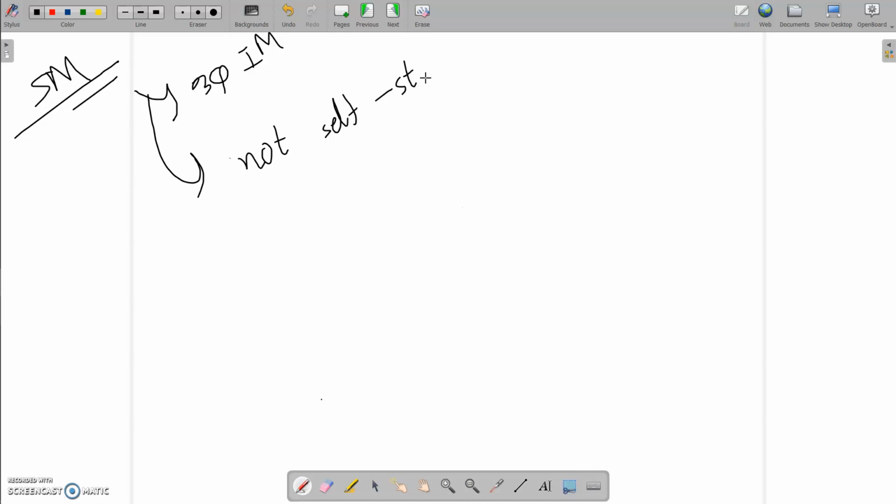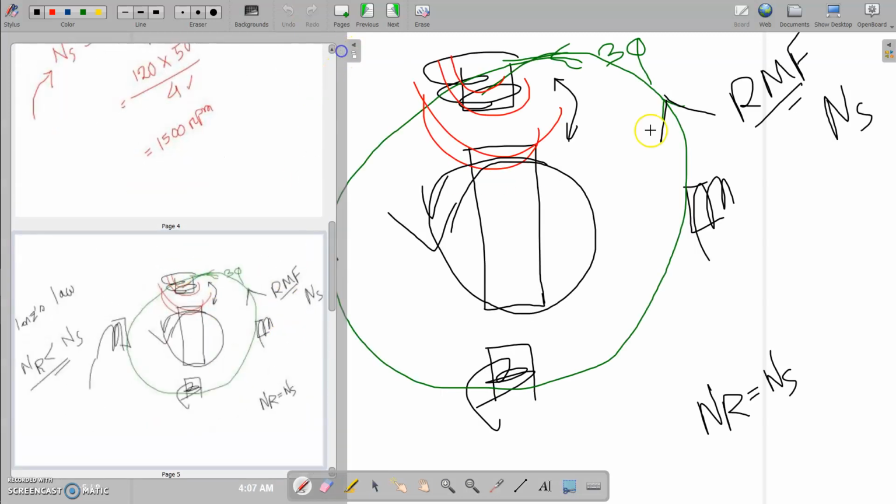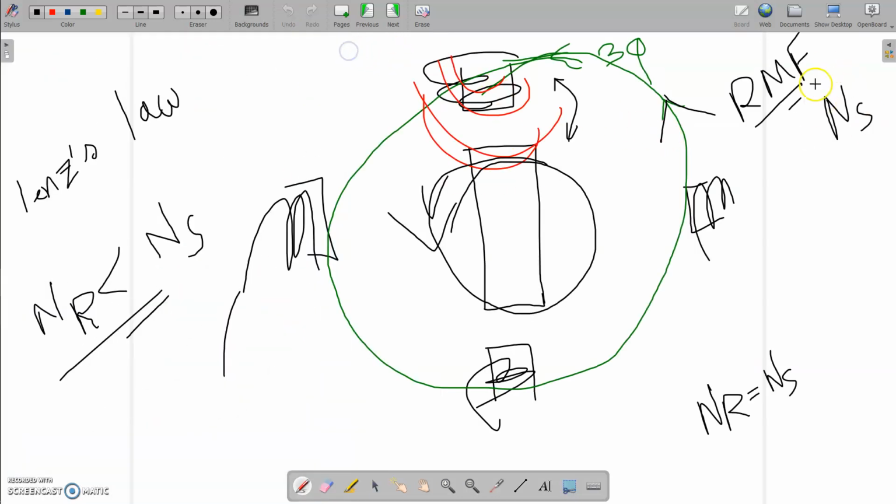So how do you start it? Okay, that is one question. So another thing is here, as you see, this is your rotating magnetic field. The rotating magnetic field is revolving at a speed that we call synchronous speed. And in case of a three-phase induction motor, the rotor speed is less than the synchronous speed. However, in case of synchronous motor, the rotor rotates at the same speed of the synchronous